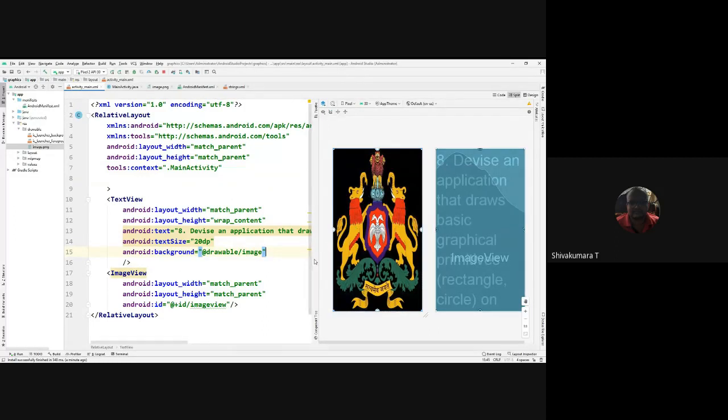Depending on how and where you are drawing that, you can set the background.